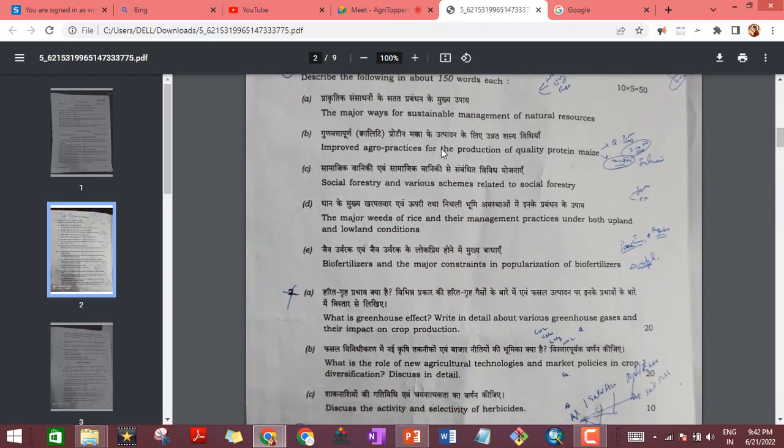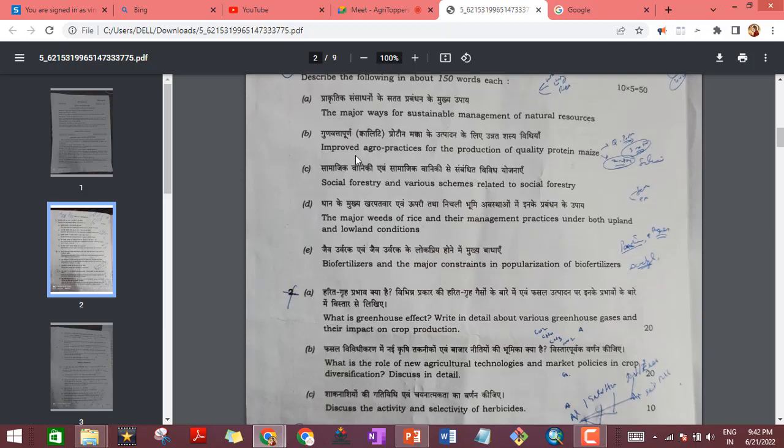Let me tell you, what is important for you is how you are able to think and how you are able to analyze. Okay, so in detail we will discuss. See, the major ways for sustainable management of natural resources. This is a syllabus topic, natural resources. So definitely I expect everyone should know and should have made notes, and we need to categorize the